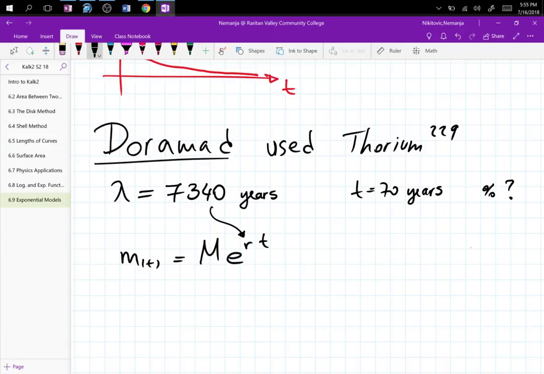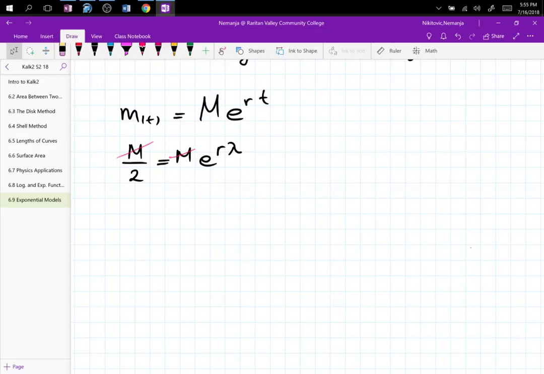The original mass will be cut in half when we put lambda in. When we plug values in and cancel the m's, it doesn't matter how much you apply for the percent that decays. So 1/2 is equal to e to the